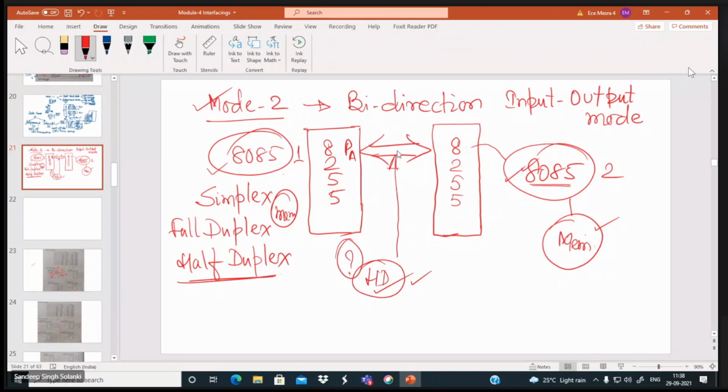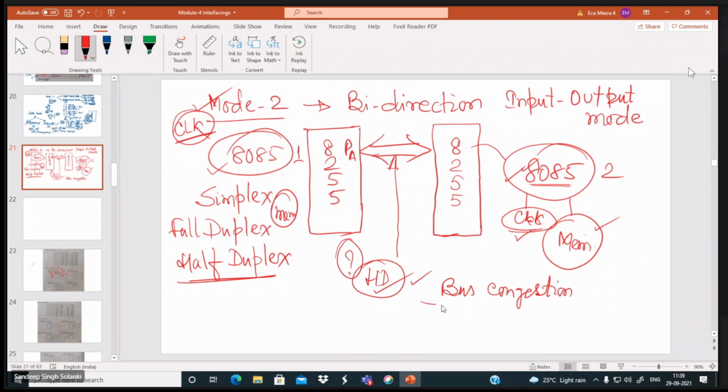The only difficulty you are going to have here is their clock. Please remember, their clock frequency has to be the same, then only can we have this kind of communication. Otherwise, what is going to happen? We will come across a very big problem, which is called bus congestion.